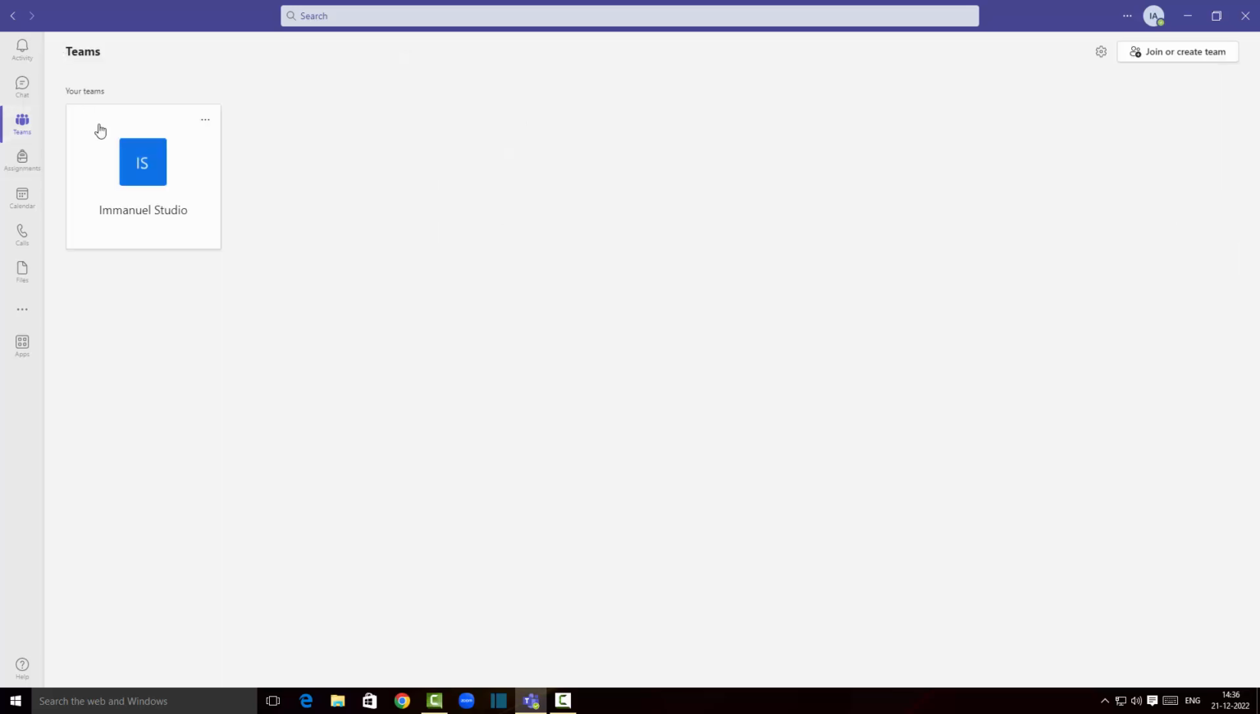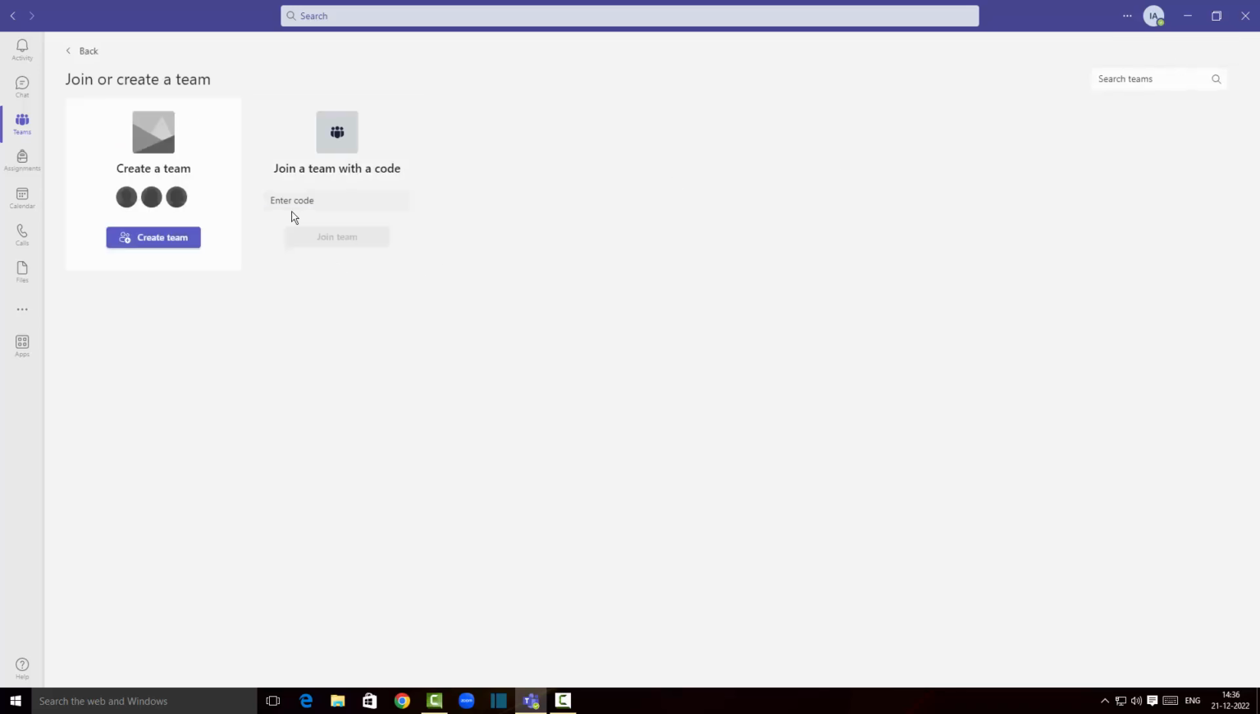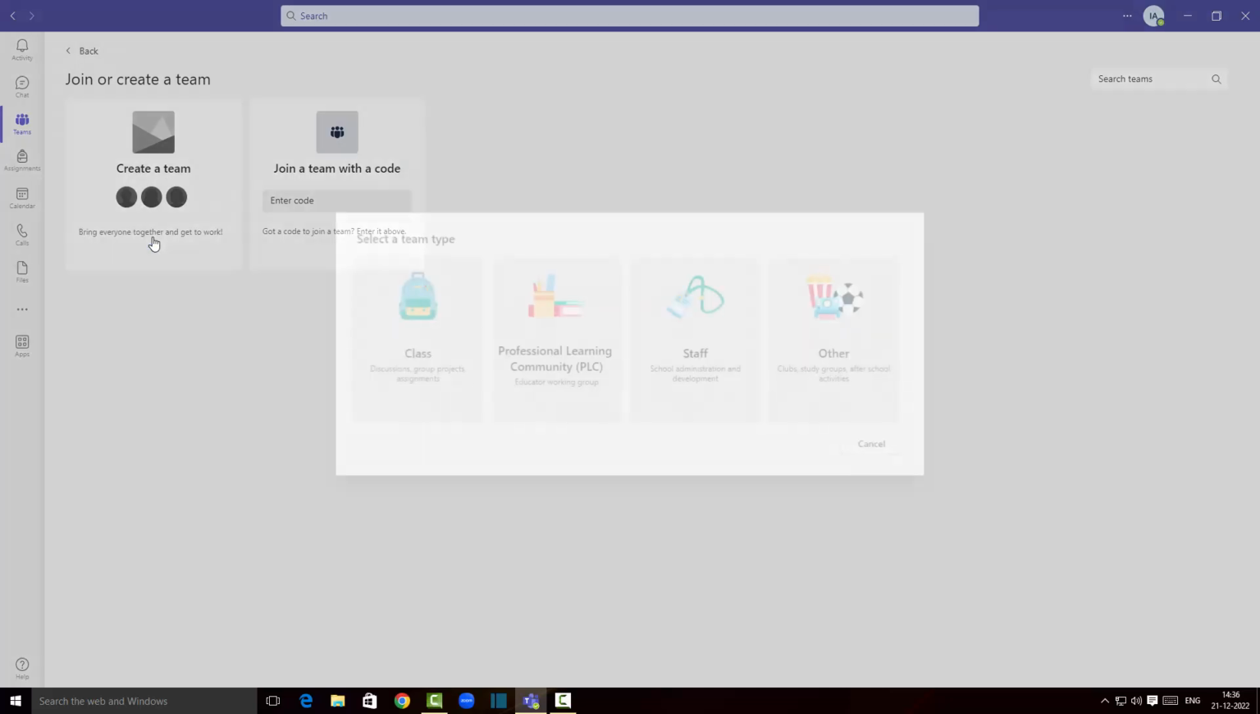So if you have to create a new team, all you have to do is go to this corner of the page and click on join or create a team. In case you're joining a team with a code, they'd be sending you a code and you just have to enter the code and join. Otherwise, if you're creating your own team, then you have to click on create team. So if I do that,